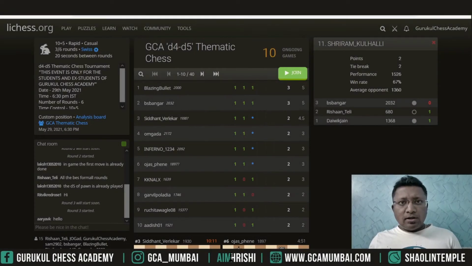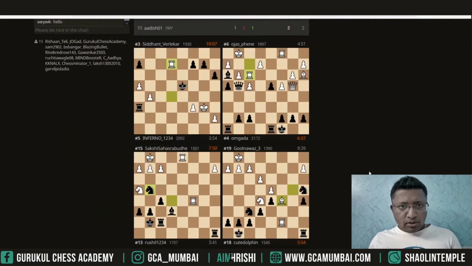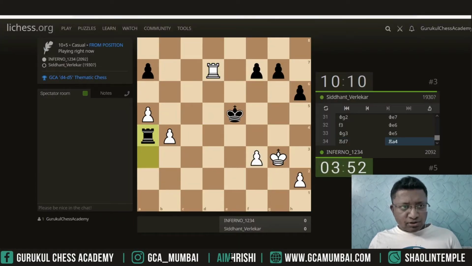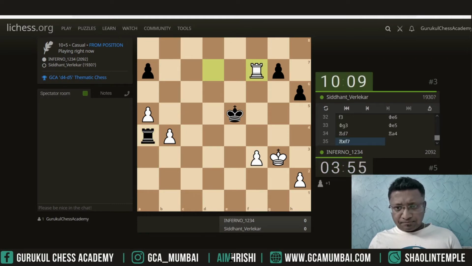So we are in the third round of this GCA thematic chess tournament. Let's go through the games. So we have Siddhant Verlekar and Yash. Yash is white, Siddhant is black. Material is equal. Yeah, it is equal. Okay. Again,